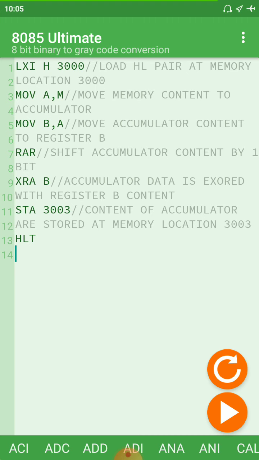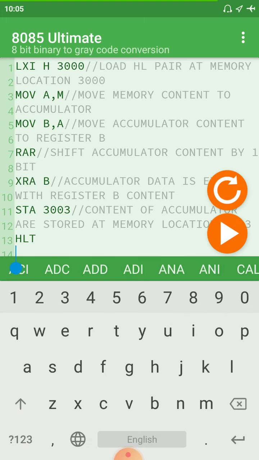Okay, so the next operation to be performed, we rotate the accumulator to right. Okay, shift the accumulator content to right, RAR. This is rotate accumulator right by 1 bit. So your accumulator contents are shifted to the right direction by 1 bit.